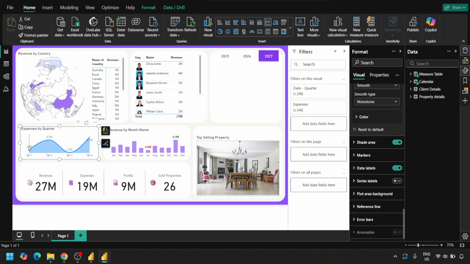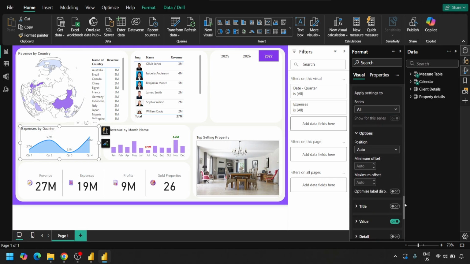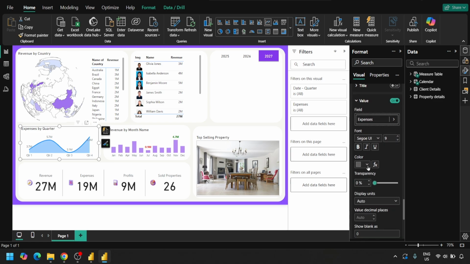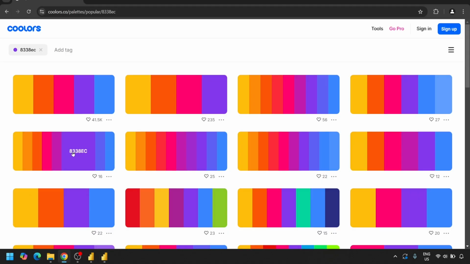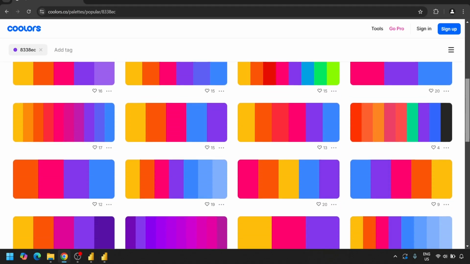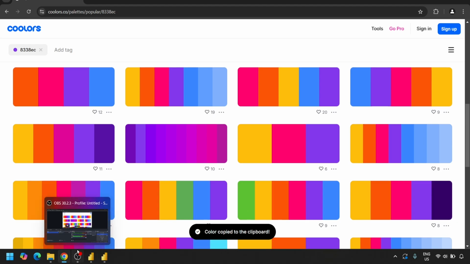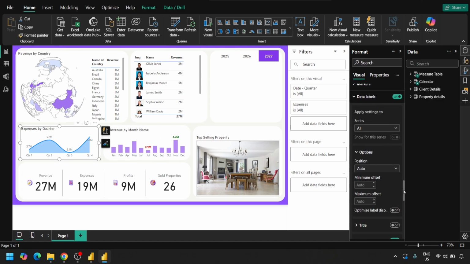You can see that data labels are showing here. Let's make these data labels a little more intuitive. These are the values inside the data labels. So let's select and go based upon our theme color. This is our theme color, purple. Let's go and select a little darker color here first, and let's go and make these